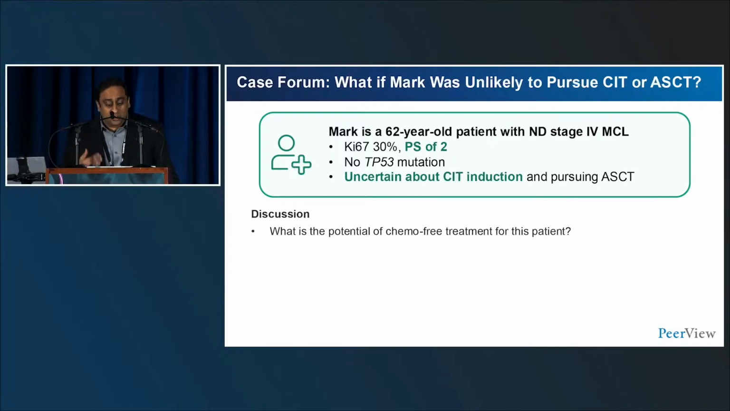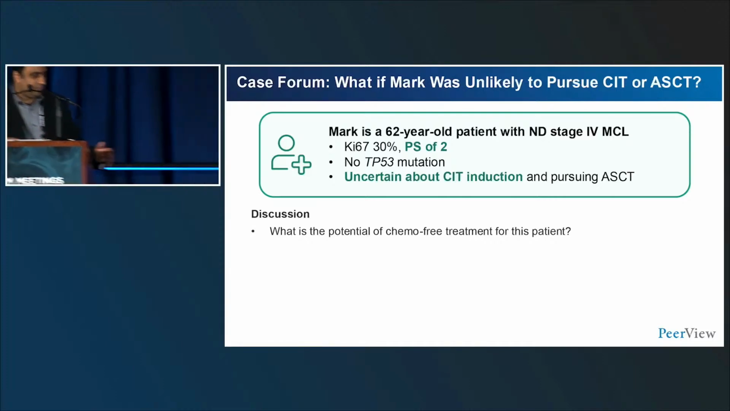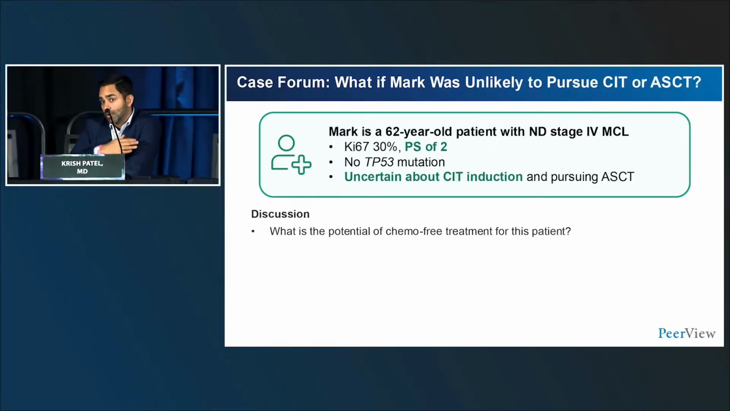Performance score is now 2. And he's uncertain about CIT and pursuing stem cell transplant. So are you good with chemo-free? Yeah, I mean, this is a tough one because I think you're always thinking about the long term for these patients, right? And you wonder, is the PS2, like you said earlier, really disease-related and that could get better with therapy? But assuming that chemo is just not a go,